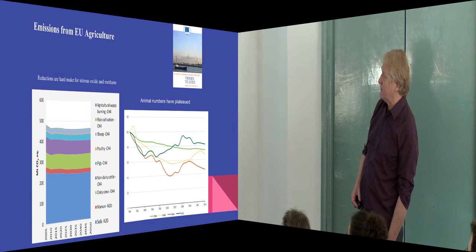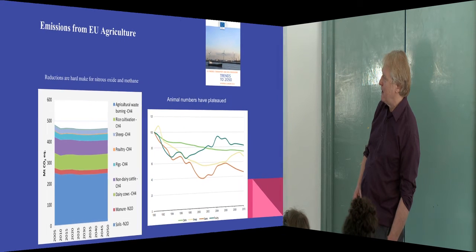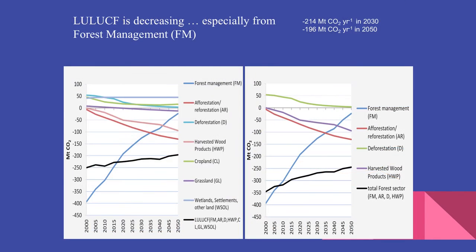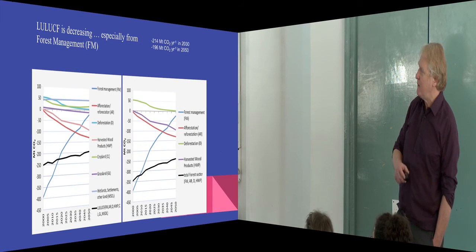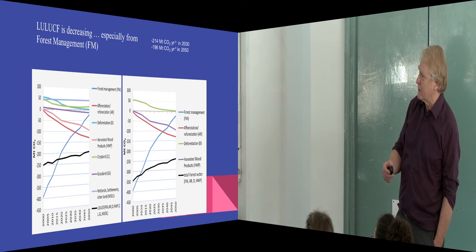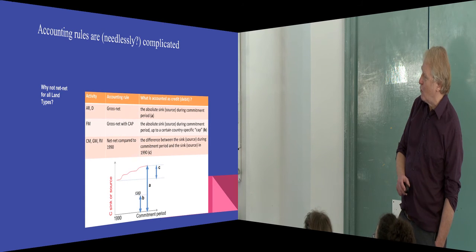Here are just a few slides again to remind you of the difficulty that agriculture has in Europe. So those are effectively no net reductions in the non-CO2 emissions from agriculture. That's showing that LULUCF forest management is declining very rapidly. So although it potentially makes a big contribution to abating the non-CO2 emissions from agriculture now, it becomes much less of an issue later on. So perhaps some of the arguments that we see from the NGOs are valid now, but will become less so in the future. That's something I won't go into, but